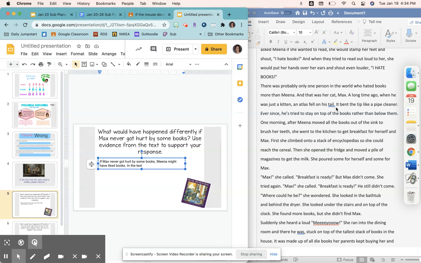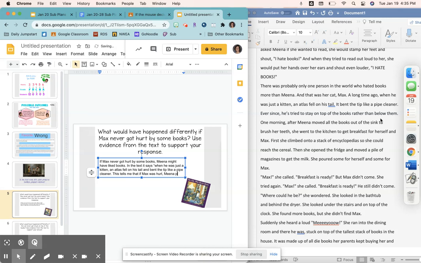And I'm going to use the text words where it says, an atlas bent the tip of his tail like a pipe cleaner. I see that right over here in the text. When he was just a kitten, an atlas fell on his tail. It says, when he was just a kitten, I'm going to go back to the text. An atlas fell on his tail and bent the tip like a pipe cleaner. Like a pipe cleaner. This tells me that if Max was hurt,